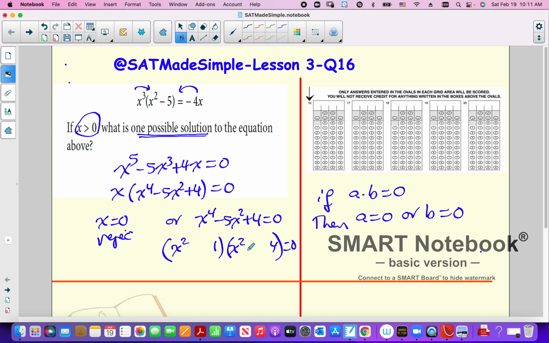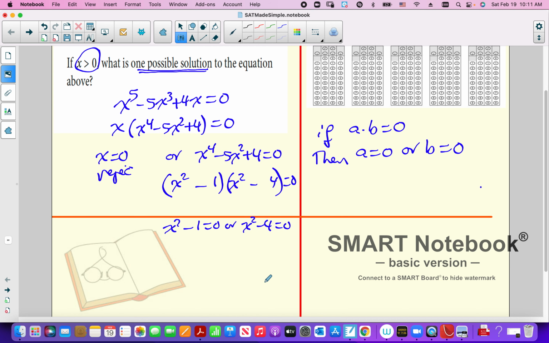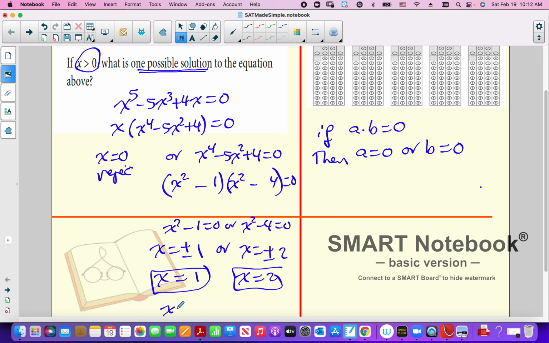That is x squared, that is 4 and 1, minus minus, that will be x squared minus 1 is equal to 0, or x squared minus 4 is equal to 0, and that will give me x is equal to plus or minus 1, or x is equal to plus or minus 2. As I said, negative x is rejected, and x is equal to 1 or 2. We are going to reject x equal to minus 1 or minus 2, because remember that